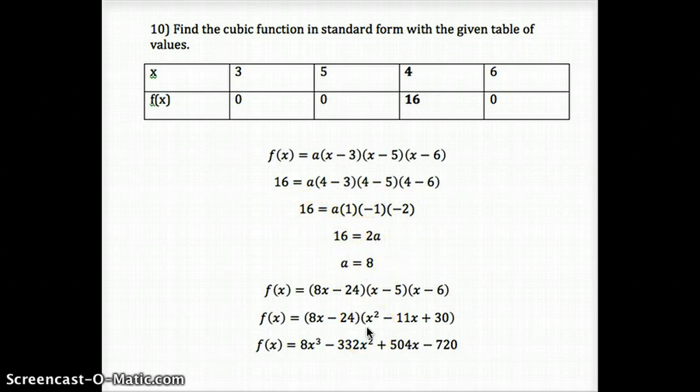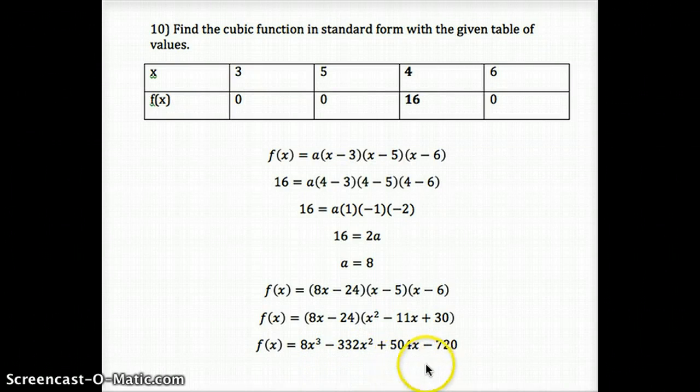So once you have your a value, you can go back to your base equation and plug it in and distribute it. So you'll get 8x minus 24 times (x minus 5) times (x minus 6). And from there you can continue to combine these two to make it easier. So you'll get x squared minus 11x plus 30. And then you can combine that to get this large cubic of 8x cubed minus 332x squared plus